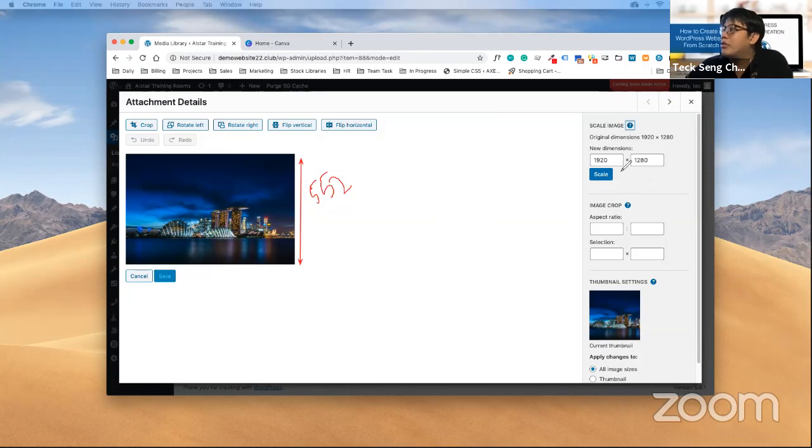As you can see, I have a dimension right now of 1920 times 1280. This is your width and this is your height. So what I need to do is select an area so that this area is actually 552.